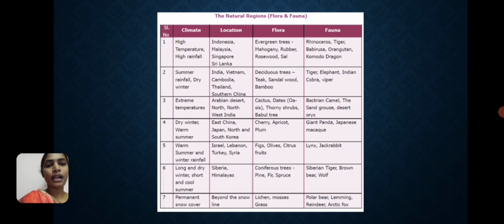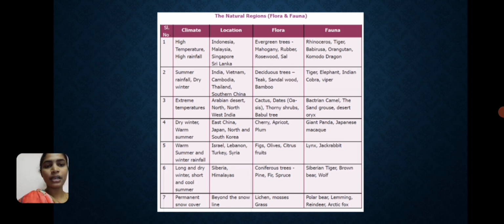Okay. And the fourth one is dry winter, warm summer. Okay. And the location is East China, Japan, North and South Korea. Flora is cherry, apricot and plum. And the fauna is giant panda and Japanese macaque.